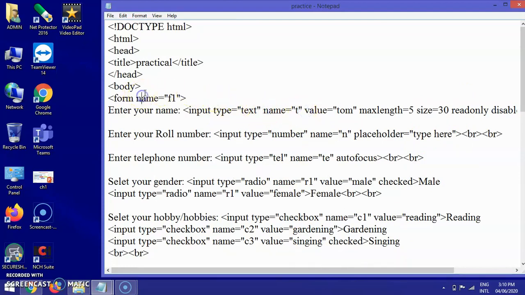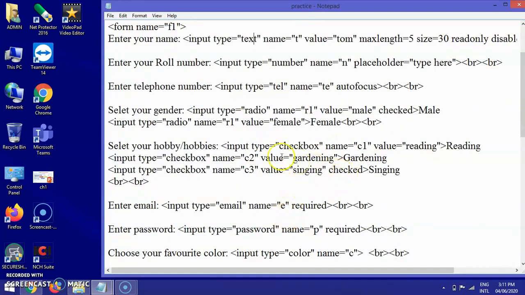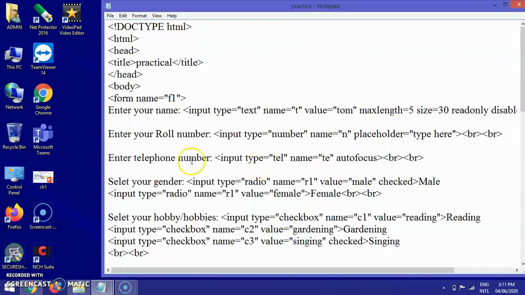So the name attribute is common to all the controls which you use in a form. All the controls inside the form, the name attribute is common to all, and you must use it. It's not necessary if you are going to display only one text field or one radio button; if you do not provide a name, it's okay. But sometimes you may need more text fields, and radios and checkboxes are definitely in multiples, so you must provide a name to give unique identification, okay? So the name attribute must be given.